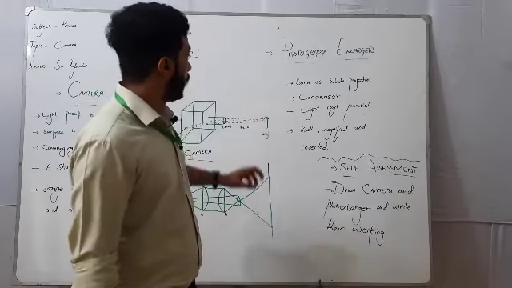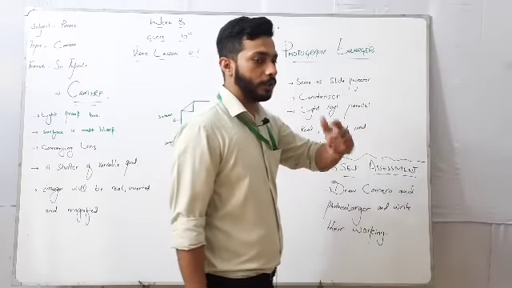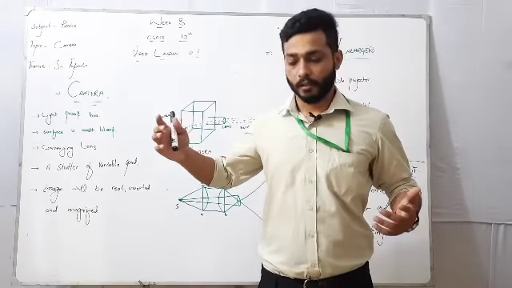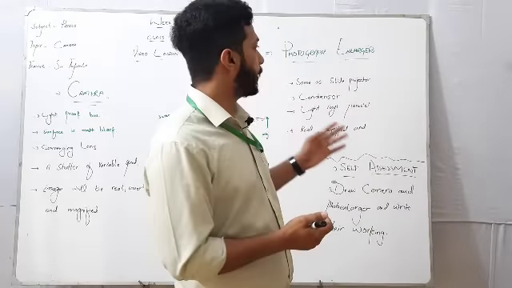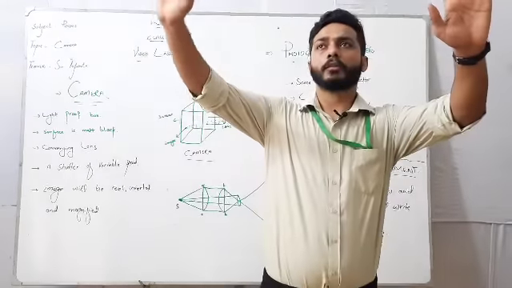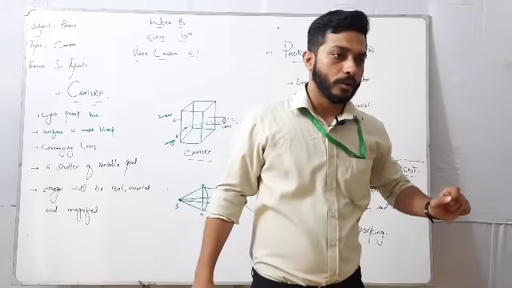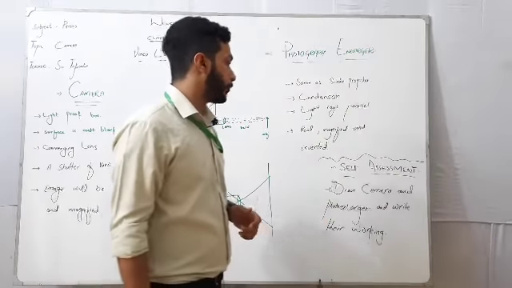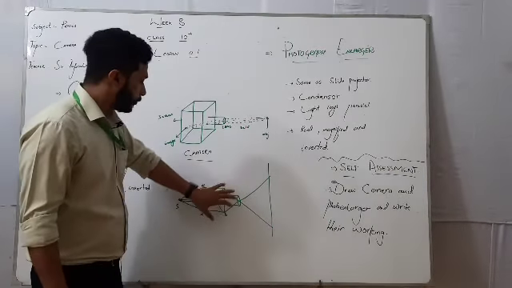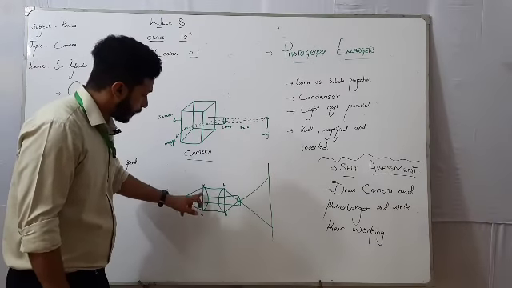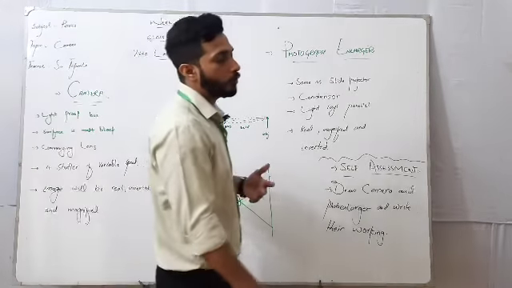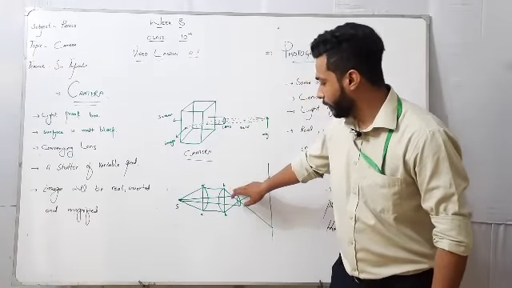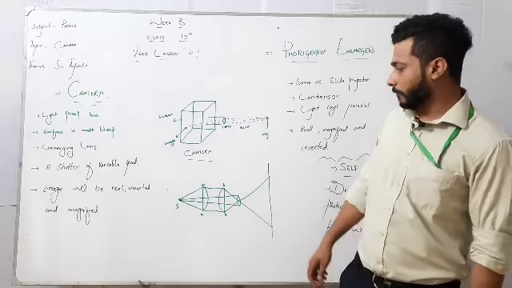Now the other one is the photograph enlarger. From its name, it is telling us that we can enlarge our photo using different lenses. The basic purpose of the photograph enlarger is to see our picture on a projector, etc. Okay, how will this act and what is the physics in it? Students, consider we have two converging lenses, both of them on opposite sides. A and B, these are both converging lenses, and we have a source here.